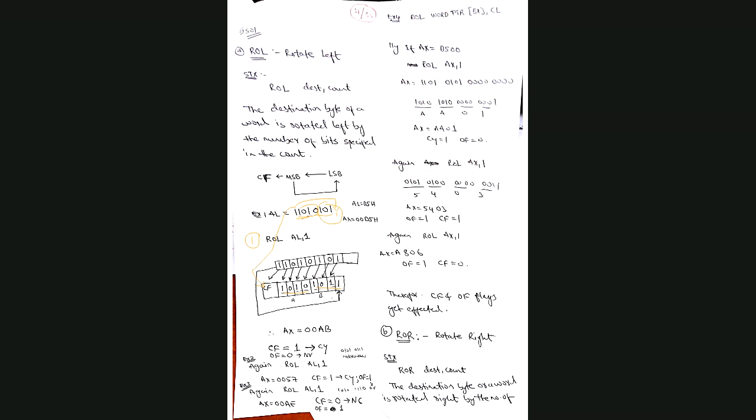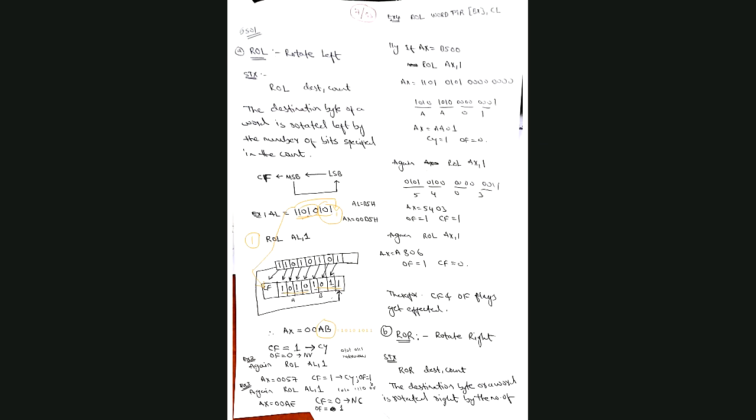Now again I am doing it to the same value of AL, AB. Again let's do one more time. When we do one more time, what happens? What is A? AL is AB. So I write here AB. A means 1010. B means 11, right? 1011.